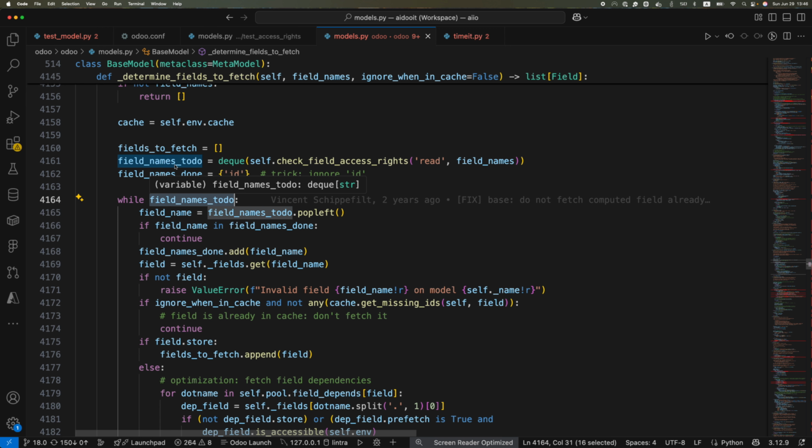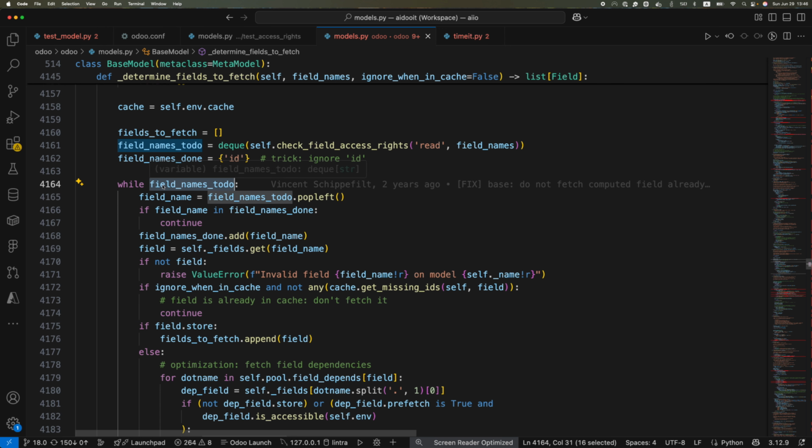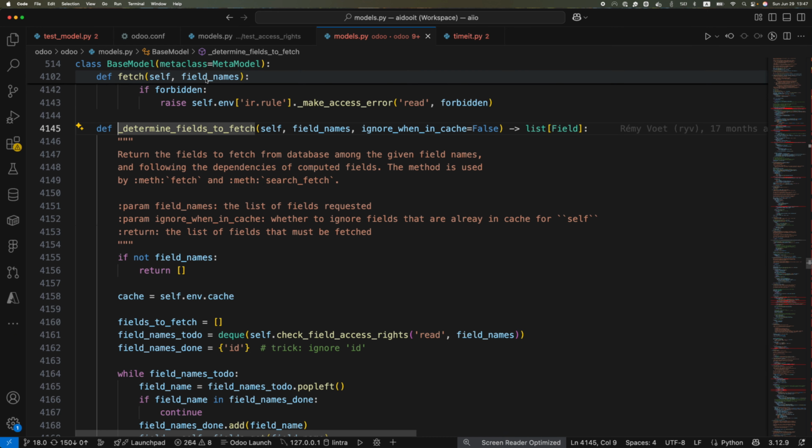Then it iterates over the field names to do, which are all the fields, which makes me think, okay, if this list is a big list, this while will take more time. Rather, if we pass a smaller list, this while will take less time. But still it's not clear for me if this list, yeah, but okay, so this is called